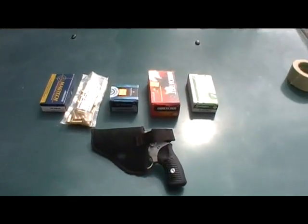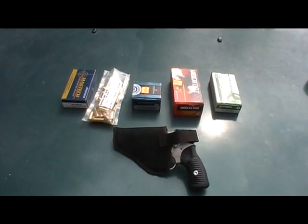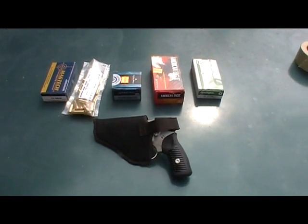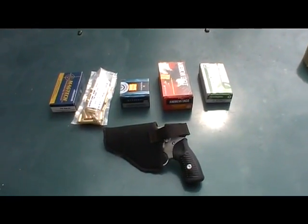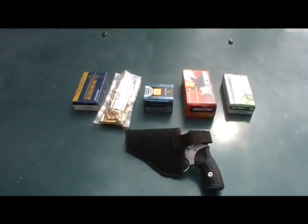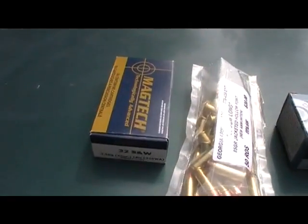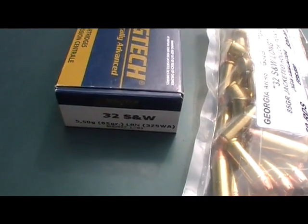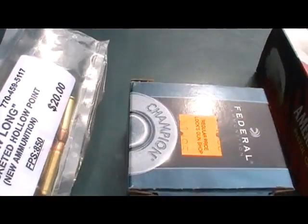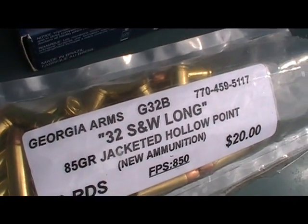Okay, here we are again, and I just really couldn't get away with not using the 32 Smith & Wesson Long bullets that I brought down here with me, or should I say cartridges. So I'm going to repeat yesterday's exercise a little bit, and I'm going to fire the 32 S&W, a full load, the 32 Smith & Wesson Long from Georgia Arms,